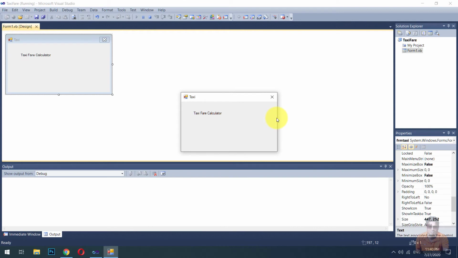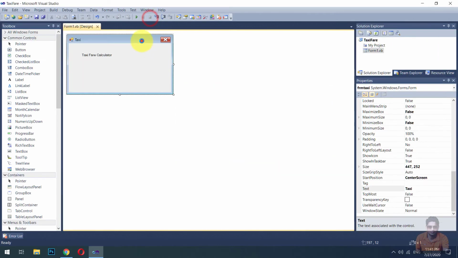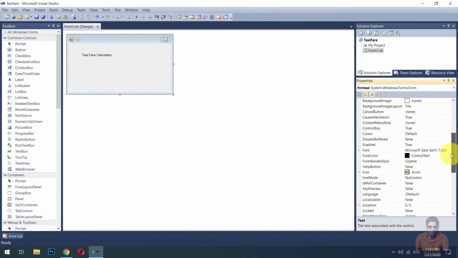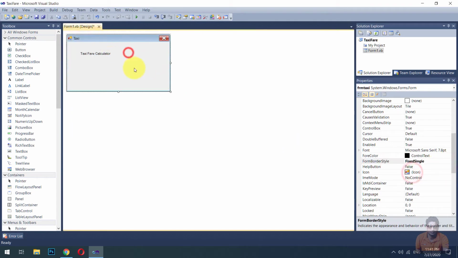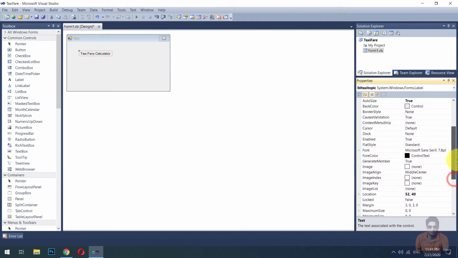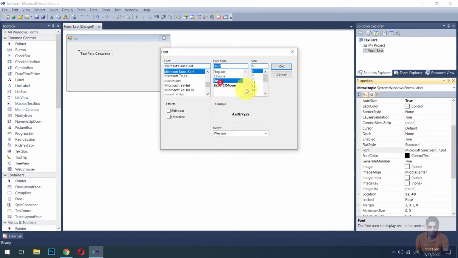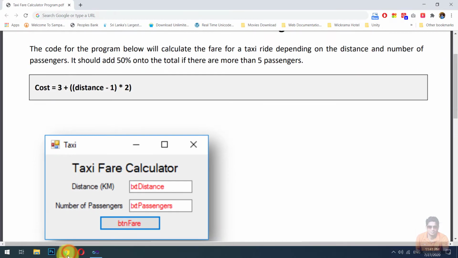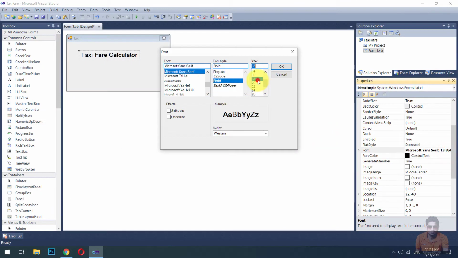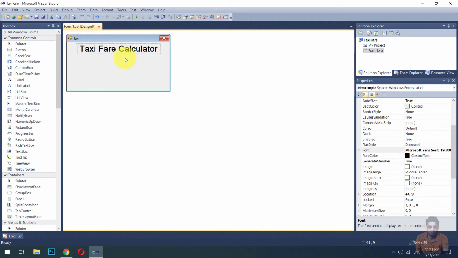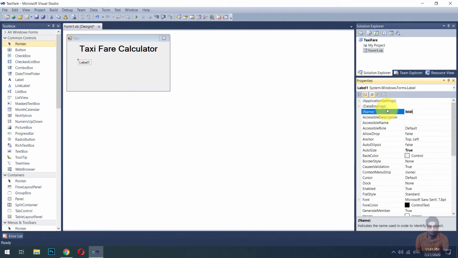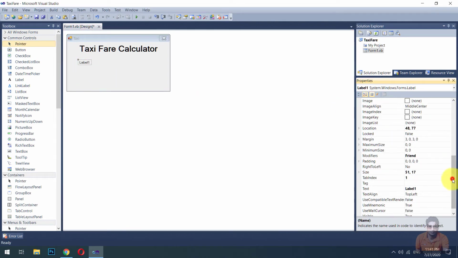Okay, now I'm going to change the form's resizable behavior by using the FormBorderStyle property and setting it to FixedSingle. Now the user cannot resize the form when the program is running. Change the font size and font style with the font property in this label, and create a new label here for the distance. So this is the distance label. I'm going to change the text property to Distance (kilometers),